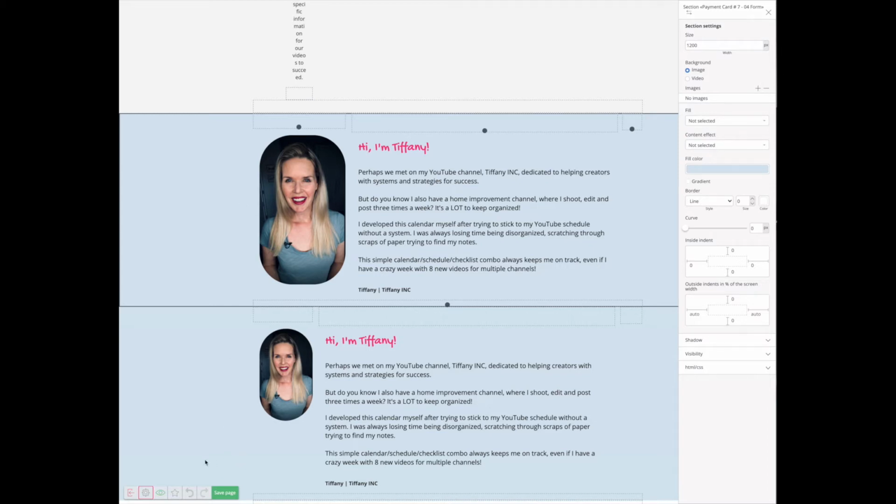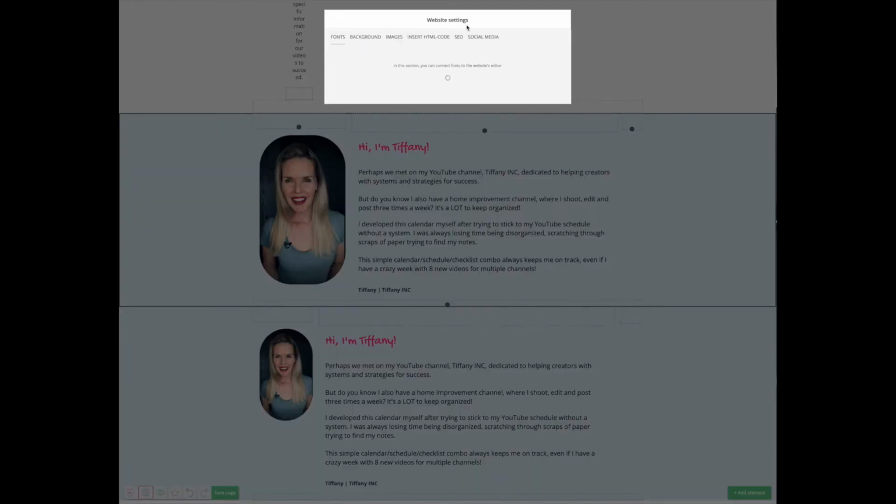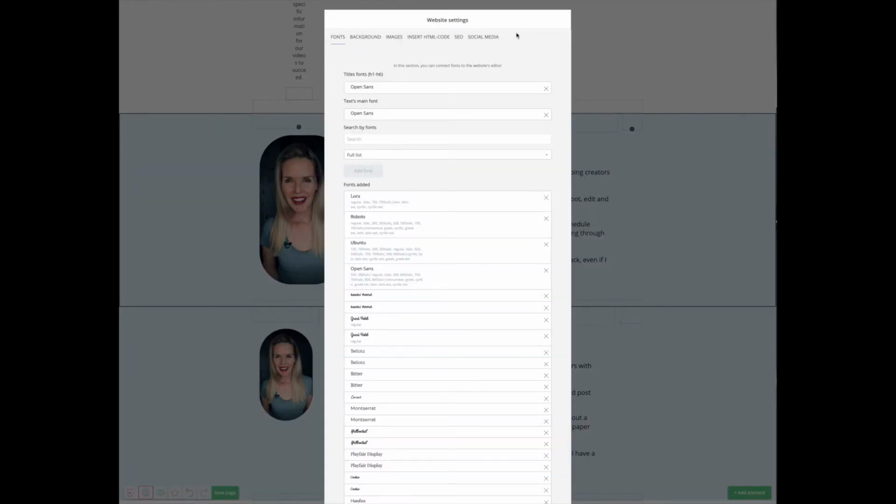But to get to fonts, you go to click section for your overall website. And here in website settings, you've got all kinds of options, and one of them is fonts. They have a huge list of free Google fonts. You can search by particular font. Let's search for Handley. Yeah, they have it. But then I found this to be a little hitchy in that nothing really comes up after that.